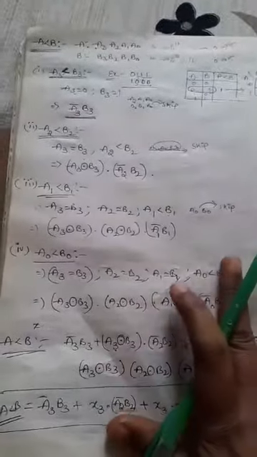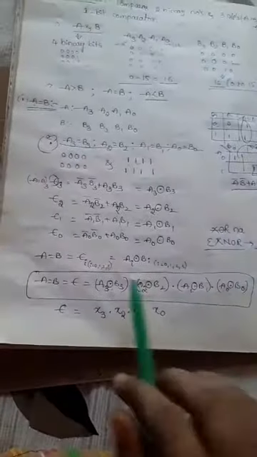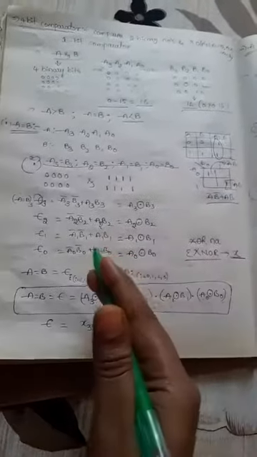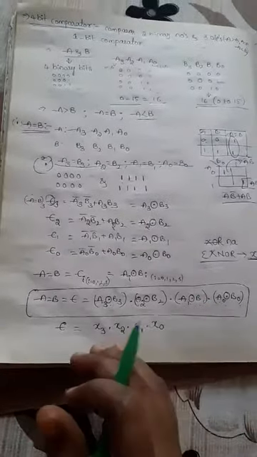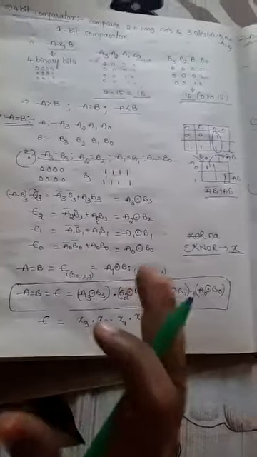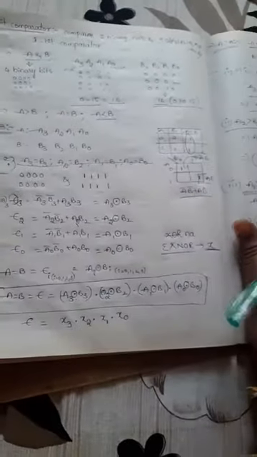So all the three outputs consist of the XNOR gates. Just check it. Every expression consists of the XNOR gates, no? X3, X2, X1, all we need to consider as XNOR gates, right? So that means the greater than output, the equal output, and the less than output, all three outputs consist of the XNOR gates. So first of all I have to design the XNOR gates. After that, whatever outputs we are having, that means A equal to B, A greater than B and A less than B conditions, for that we need to draw the diagrams.